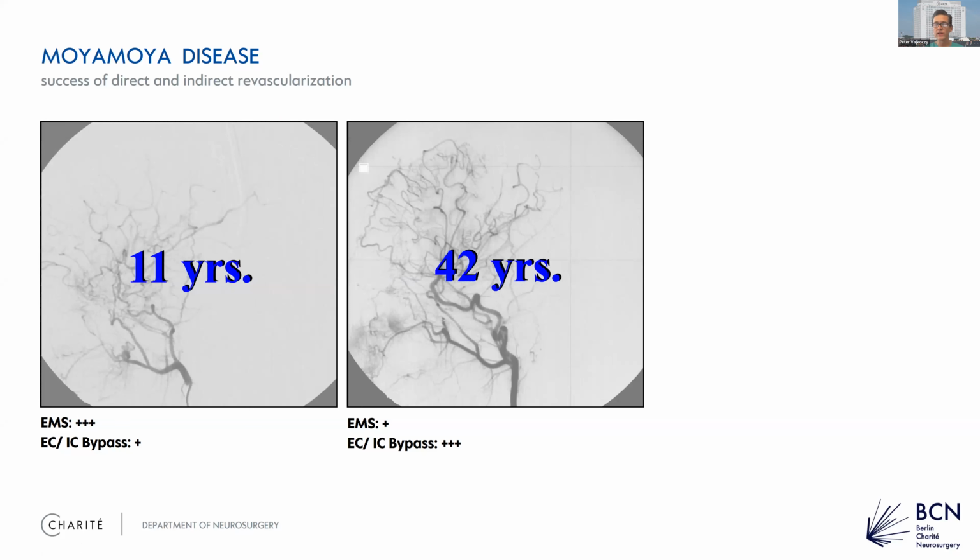Another peculiarity of pediatric Moyamoya patients is that the indirect techniques have a higher take rate than in the adult population. In the adult population, it's approximately 50-50. In the pediatric population, the take rate, the appearance of some blood vessels growing in, is 90%. But the important question is whether these vessels are enough to normalize the reserve capacity in these patients. And very frequently, the indirect techniques are not enough, which we have shown by